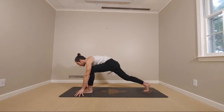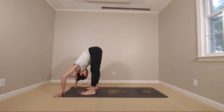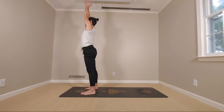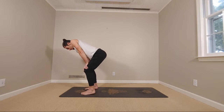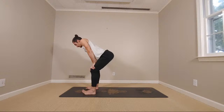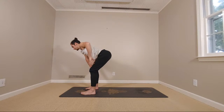Pivot the back heel up. Step forward, halfway lift on the inhale. Exhale and bow. Inhale to the sunrise, Urdhva Hastasana. Exhale, hands to the heart. All right, place your hands on your thighs, bend your knees and pause. Let's get your outer hips awakened here. First, move your pelvis back, pubic bone back. Find anterior tilt of the pelvis. It's going to help you find the front portion of your abductors, what's called the anterior fibers,